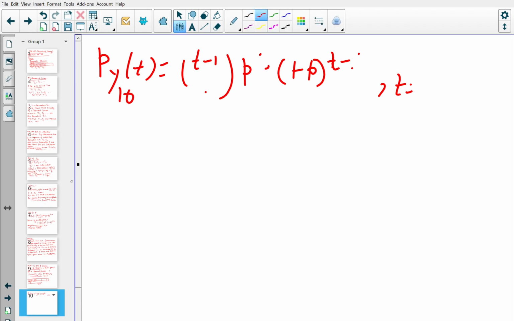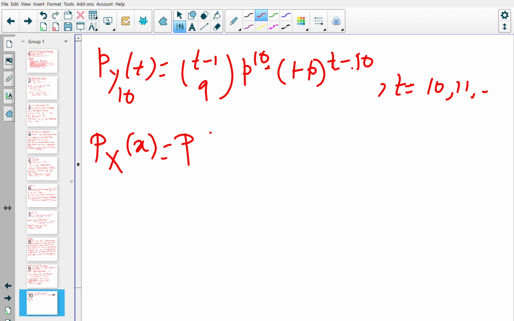So y10, this is 9, this is 10 into t minus 10, and this is minimum 10, 11, and so on, right? Now this is already known. Now we need to find out the PMF of playing time. So the PMF of playing time is the probability that X is equal to x, which is nothing but